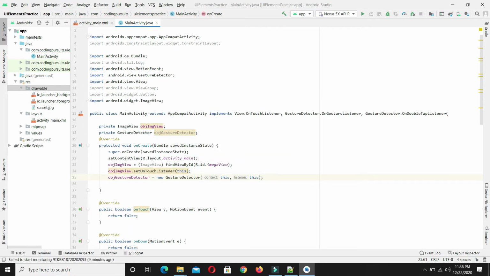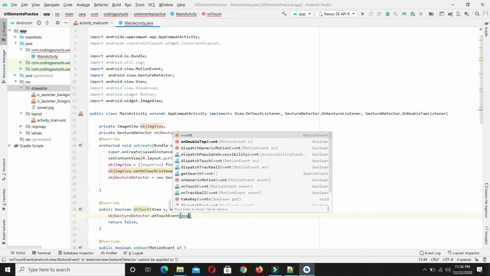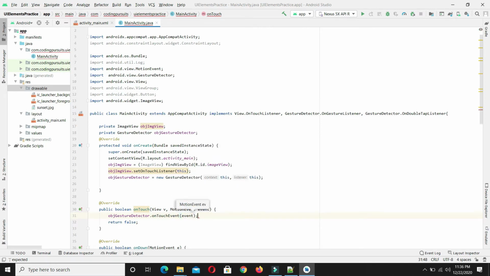So we will receive all its gesture events in this class. So finally we will have to set the gestures against this motion event. onTouchEvent and the instance of the motion event. So guys, all our gesture methods have been successfully initialized and allocated.